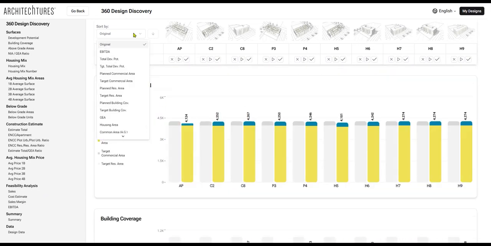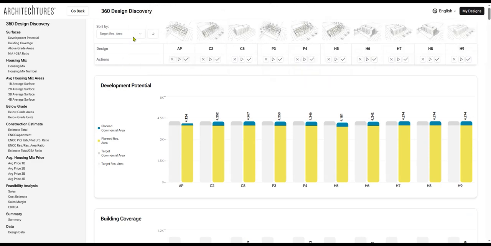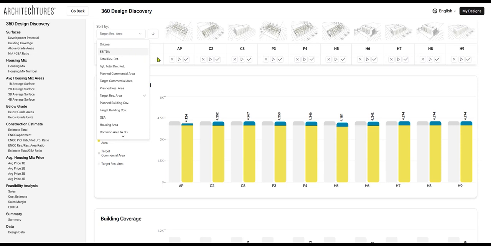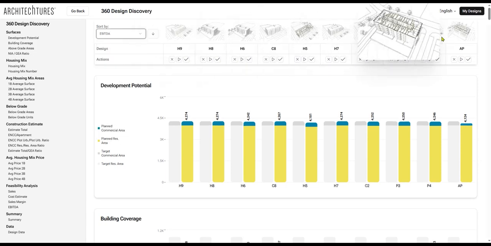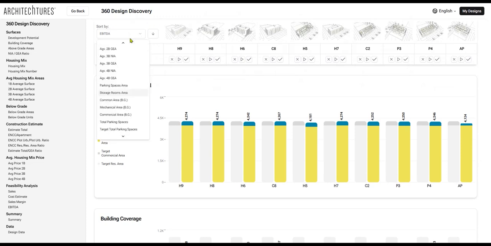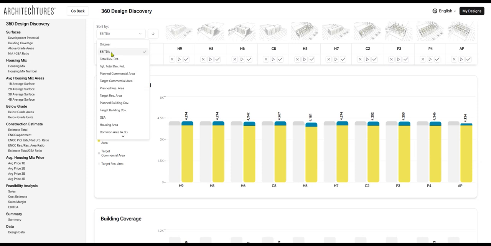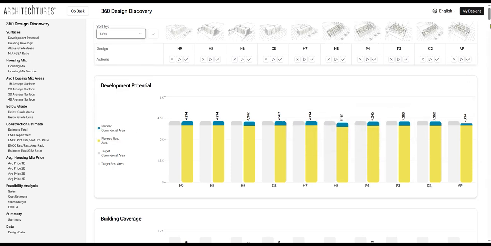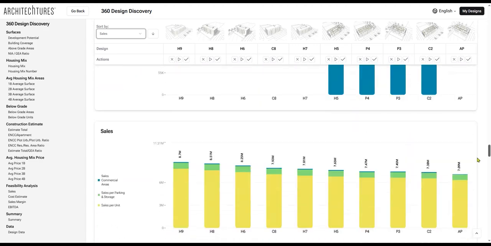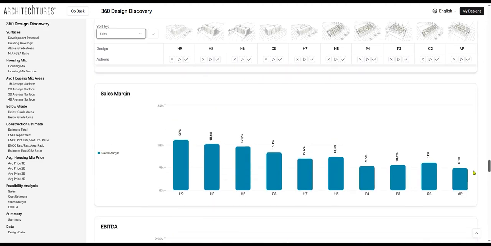The variants can be sorted based on any desired criteria, such as target floor areas, total residential floor area, above-ground construction costs, or EBITDA. In this case, we observe that all versions have similar gross areas. However, there are significant differences in profit margins. Moreover, sales results are obtained through a scientific method. They are not based on a simple price per square meter, but rather on a comprehensive evaluation of all parameters that influence housing prices. These include building height, natural light and orientation, ventilation, and even penalties for deviations from the